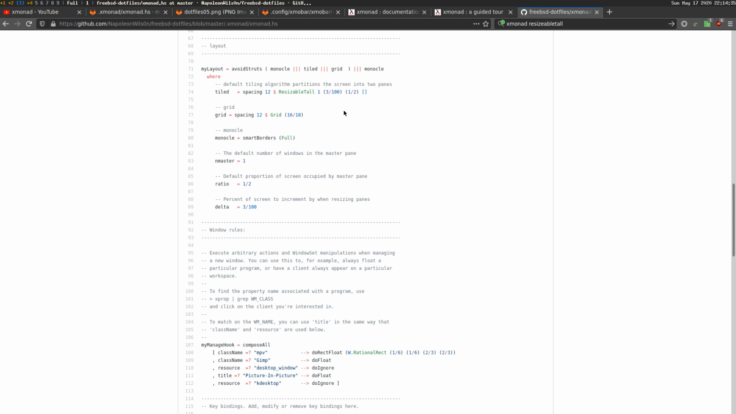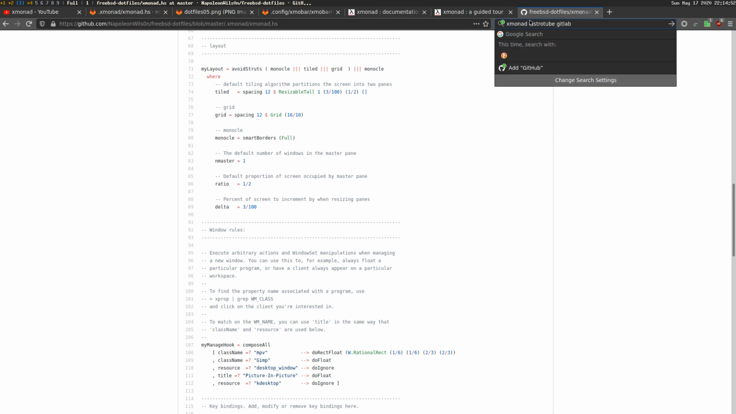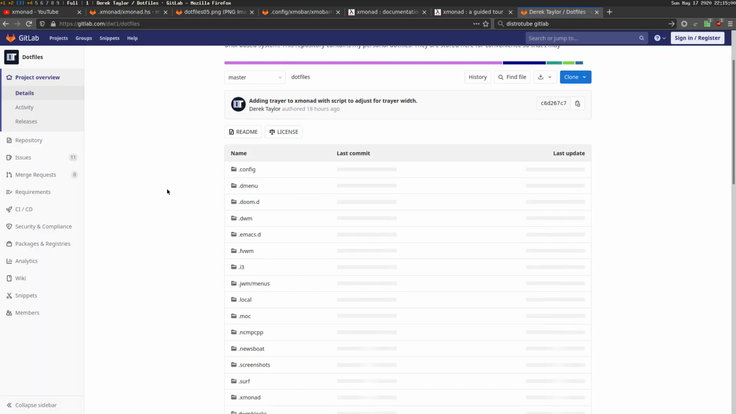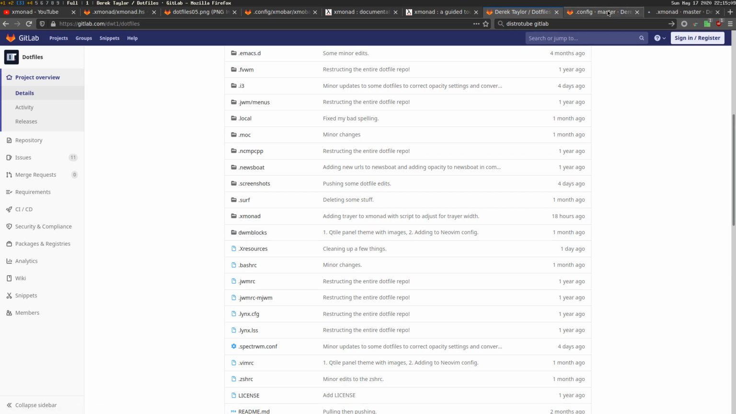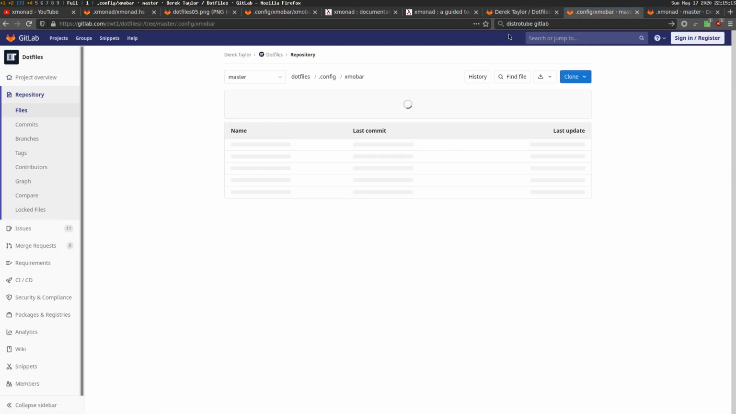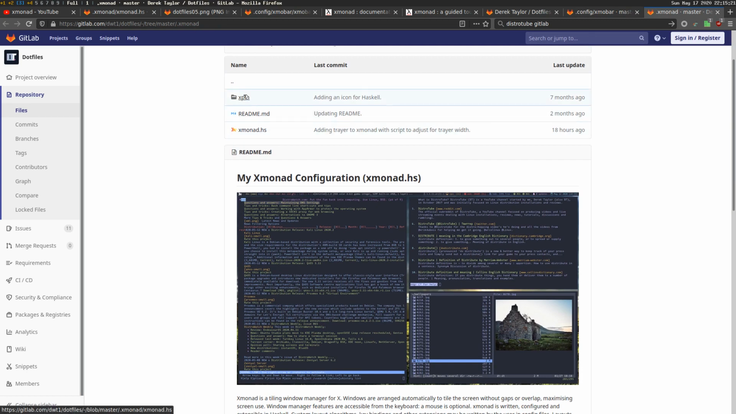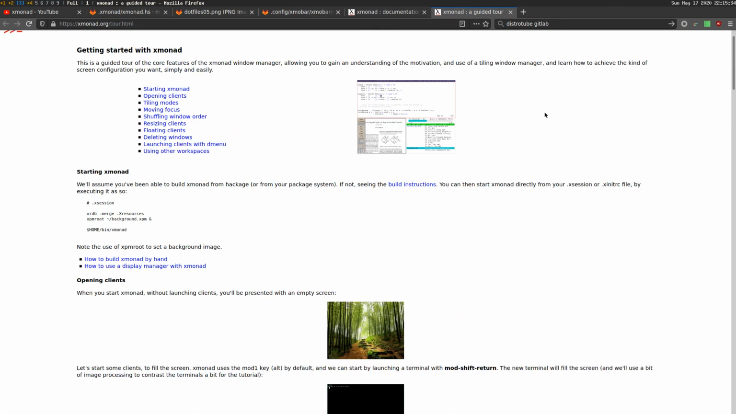So that's switching across from DWM to xmonad, and how I've set stuff up after 3 days. And again, come across and search for distrotube gitlab. You see Derek Taylor GitLab, come across to his dot files, and in the config directory is where the xmobar will be. In the xmonad you'll find, come across down here, that's his xmobar. That's his xmonad configuration file, and you can see this is adding icons for Haskell, so that's how he was adding icons to his xmobar config. So I'd recommend having a look at his stuff, and the xmonad guided tour